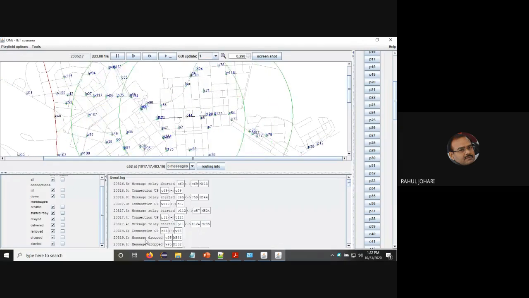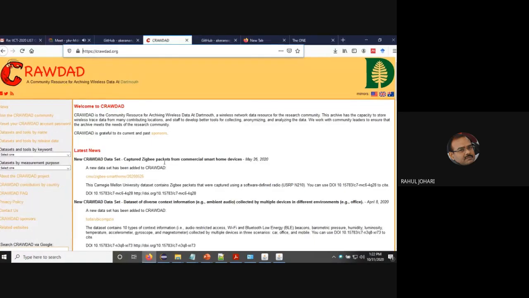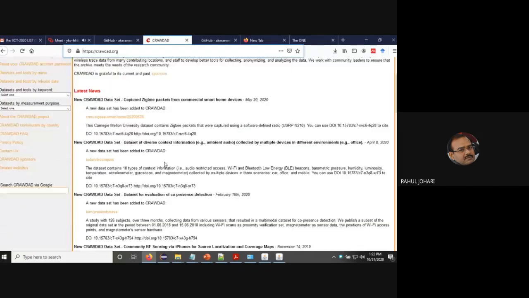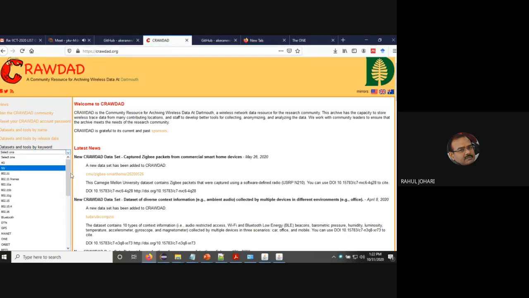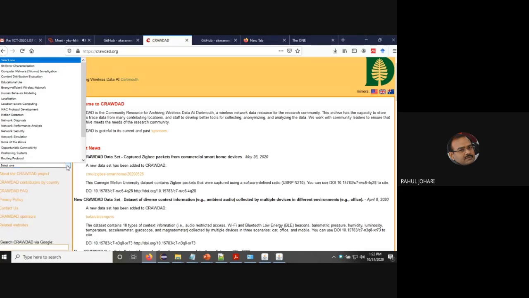Alternatively, what I could have done, which normally if you're writing a good research paper, if you're carrying out an experiment, is download the CRAWDAD dataset. So if you go by the left hand side, datasets and the tools used by the keywords. So if you look around, there are many predefined toolkits and already available datasets. So you can download these datasets. They're all authentic, and you can cite them in your research paper, and that gives a credibility to your research paper that yes, you have done something which is actually worthwhile.